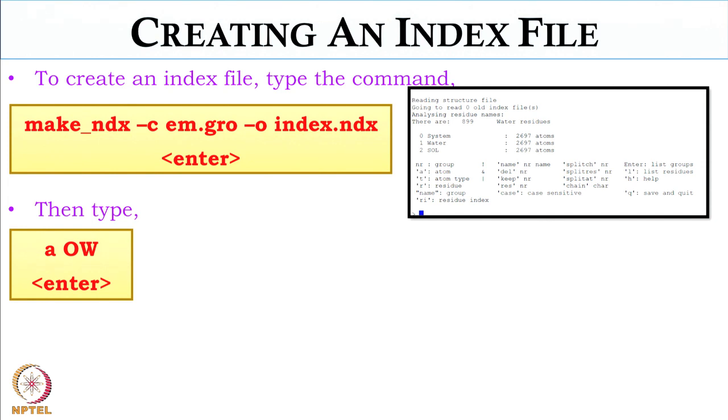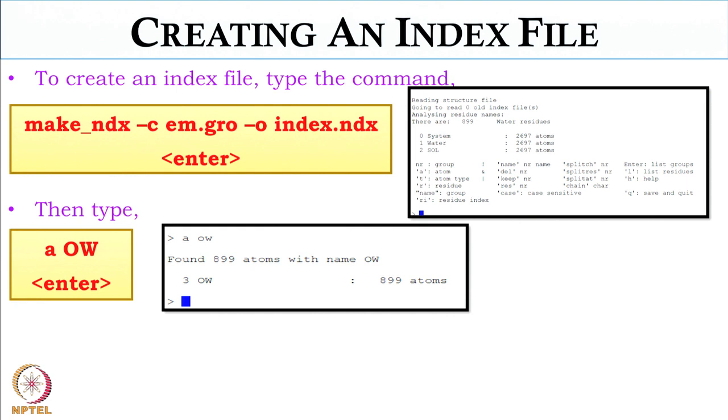But if you want to create an index for a separate site, you don't type q initially. First you type a space OW, then something like this will be displayed: found 899 atoms with name OW, because there are 899 oxygens. So after you execute make_ndx, you have to type a space OW.